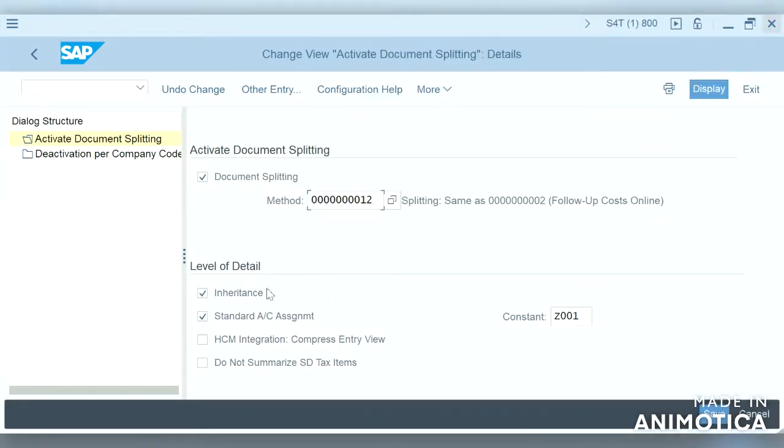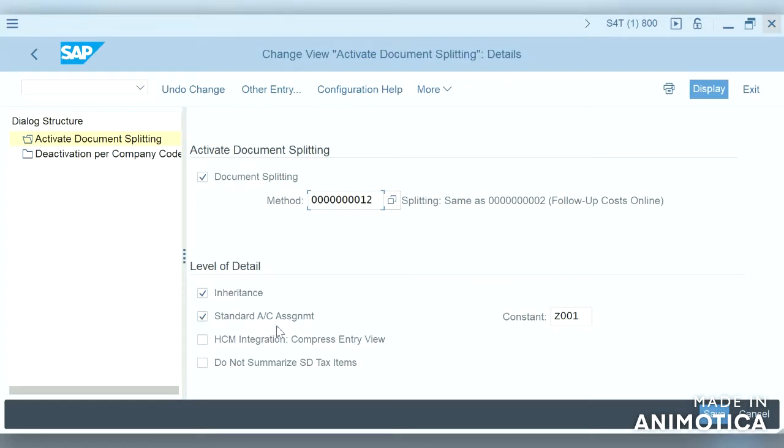Selecting the inheritance signifies the line items which do not have account assignment will derive the account assignment from other line items. So if one line item has the profit center, it derives to other line items as well.